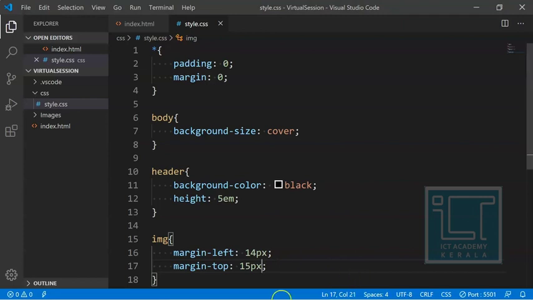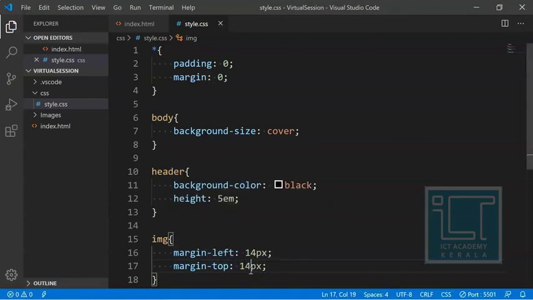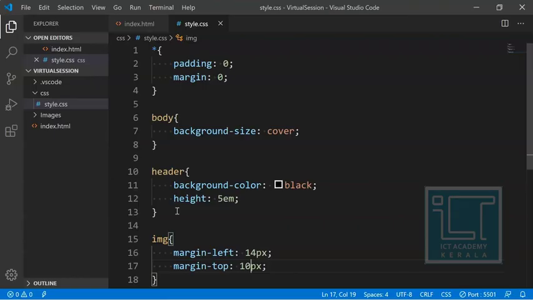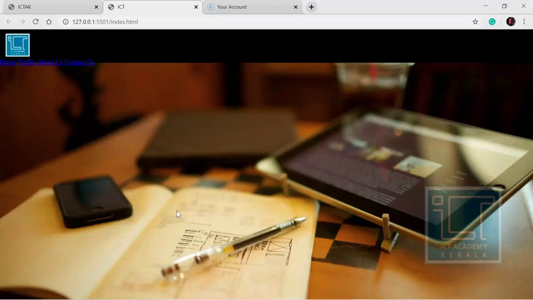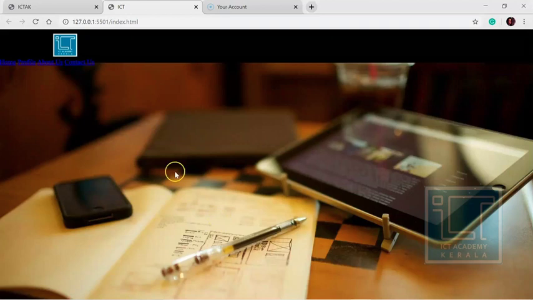Okay, a little more upper, I hope. Let's set it as 14 pixel or 10 pixel. Fine. Let's give 10 pixel. Yeah, 10 pixel is almost good for the margin top. But I think margin left is not that much. So I would like to give the margin left in percentage instead of pixel. Instead of 10 pixel, I would like to give 10%, because that may give a wide variation.